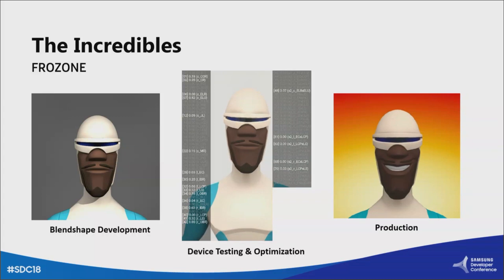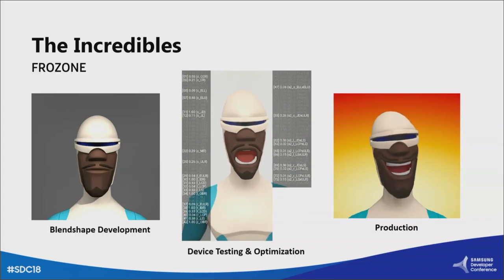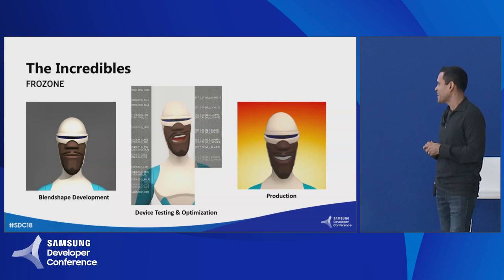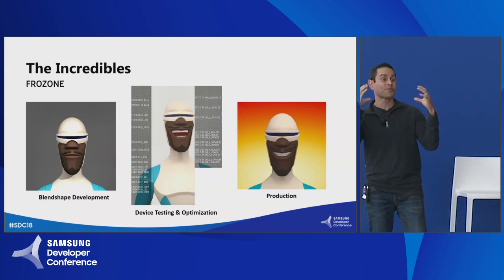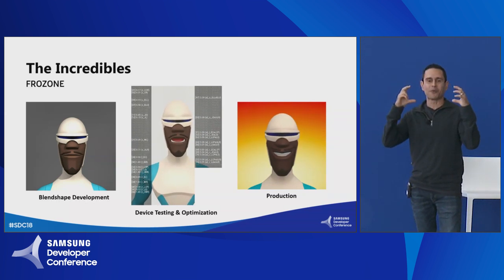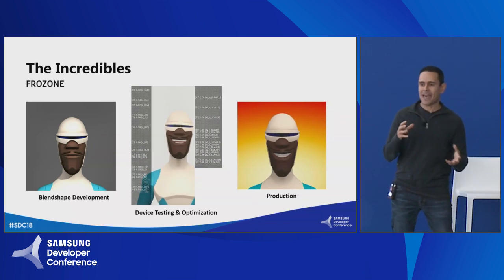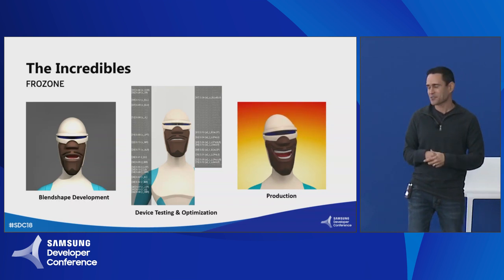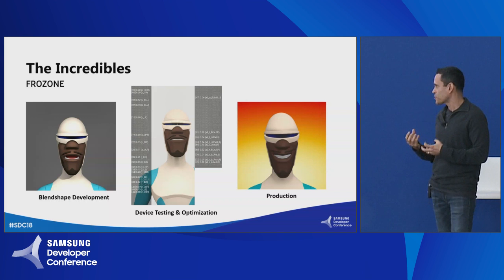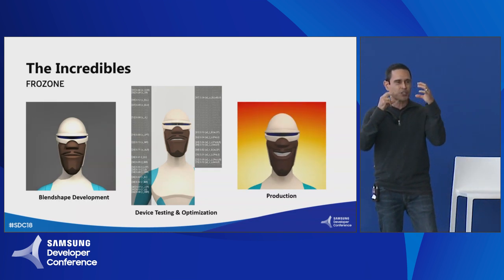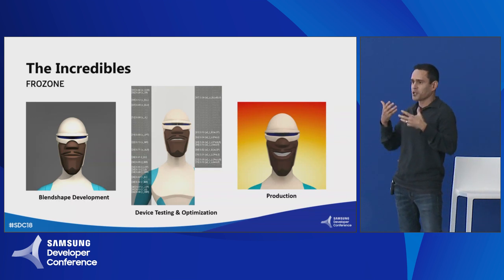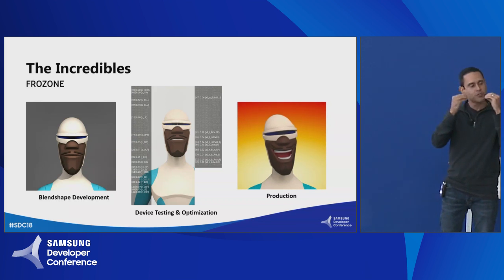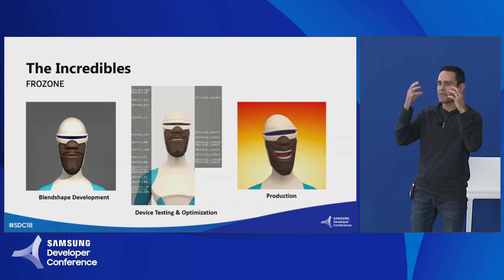So we talked a little bit about the range of characters that we have, and some of them present some unique challenges, right? So here we've got Frozone, and Frozone has this visor which is super iconic, right? But it's also fairly rigid, and so we have to match the authenticity of the character with the platform itself and what the audience expects, right? So we found a really nice compromise where the visor adjusts just a little bit, right? Frozone has eyes and he's got eyebrows and all that stuff is working, but it moves just enough to give the illusion that there is activity happening there.